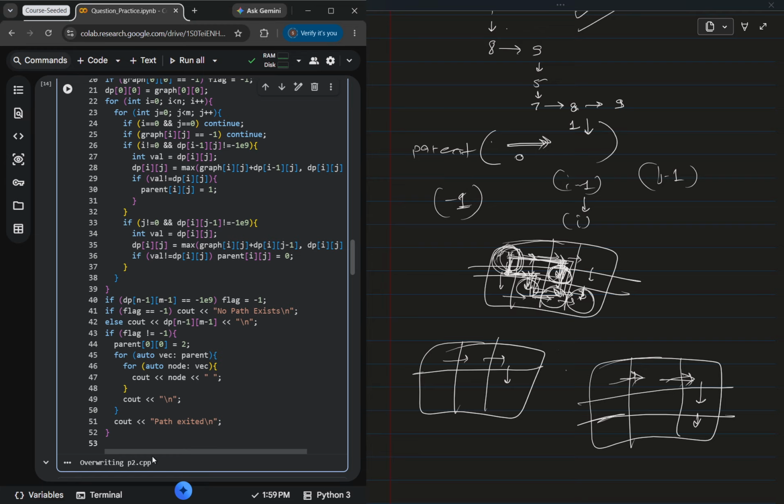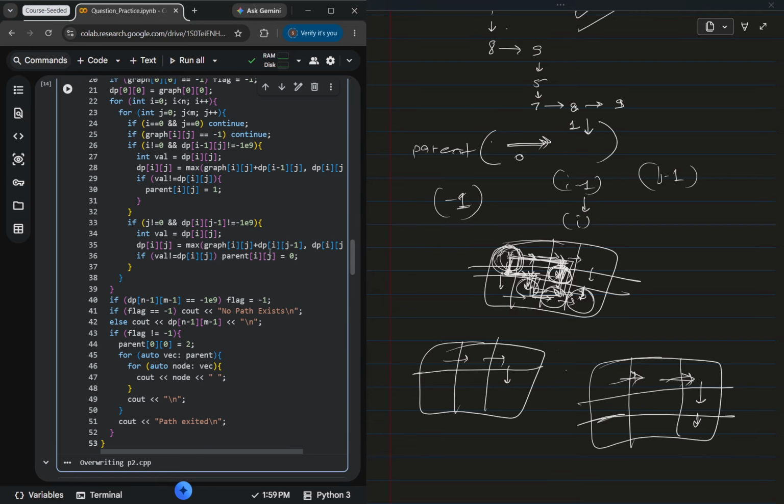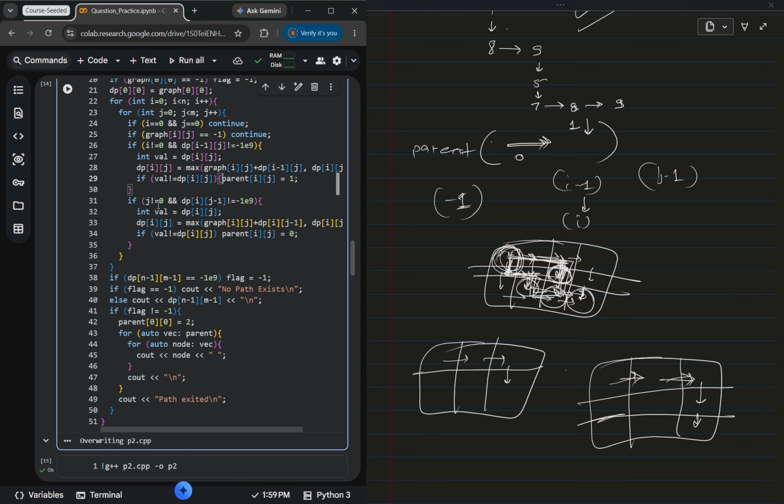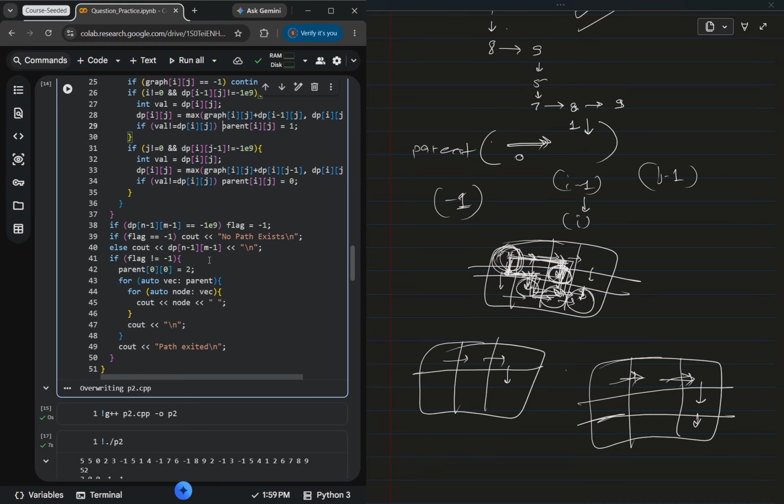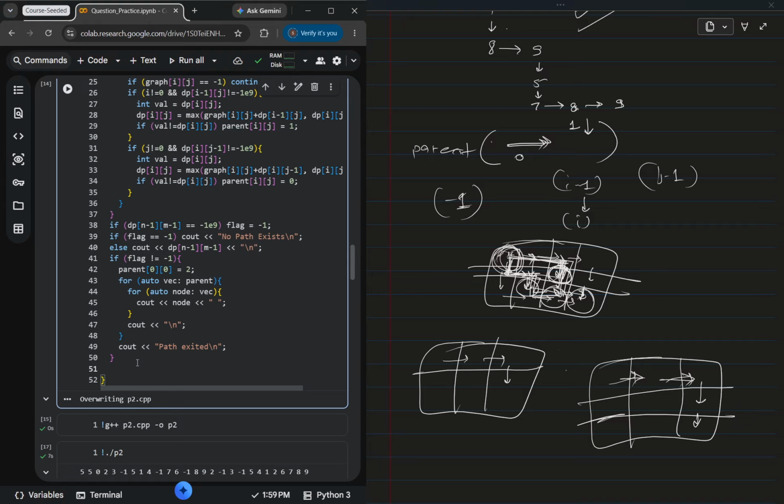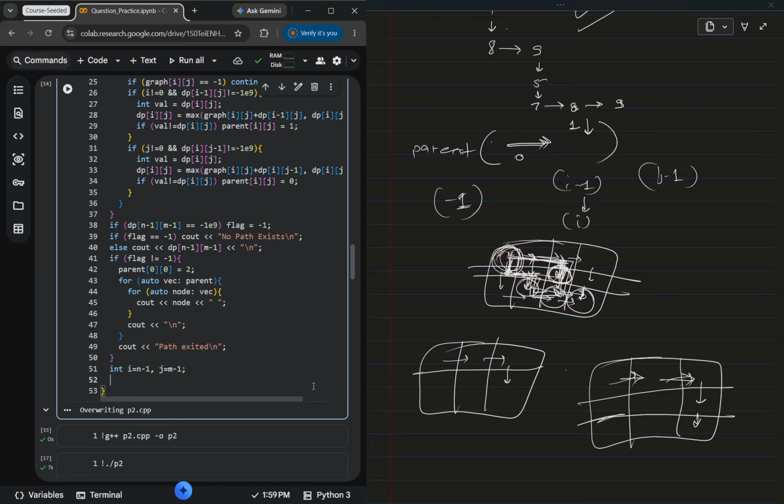So yes, the parent method is the best way. So let's remove this. Basically we don't need any extra lines. Yes, so obviously you got the parent, then we can just write integer I equals 0, and then we have your j equals 0. Sorry, not 0. Basically we are going from reverse order. Now we'll be tracing it from here to here where we traveled. So we'll be going with n minus 1 and m minus 1 over here. So we have this, and then we can just do